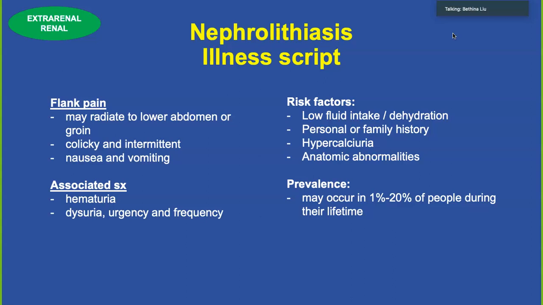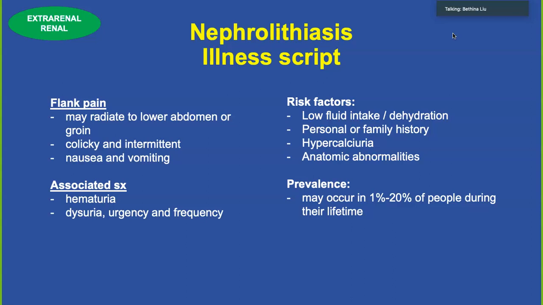So we'll start off with nephrolithiasis. One of the predominant symptoms with nephrolithiasis is flank pain that may radiate to the lower abdomen or the groin. The pain tends to be colicky and intermittent in nature and is often associated with nausea and vomiting. Additional symptoms that you may see in patients with nephrolithiasis include hematuria, as well as symptoms like dysuria, urgency, and